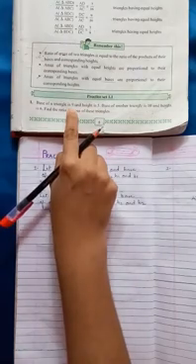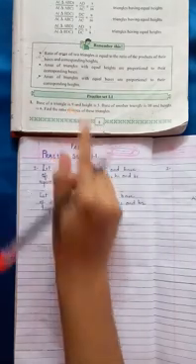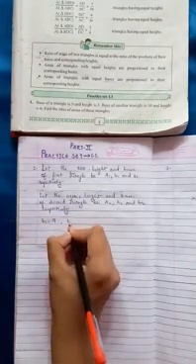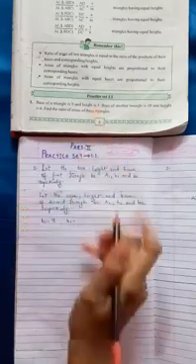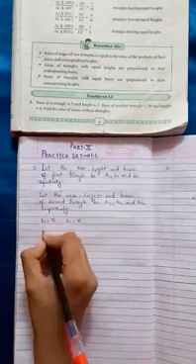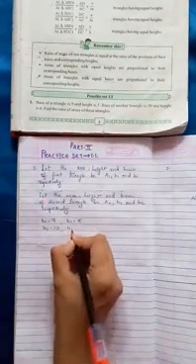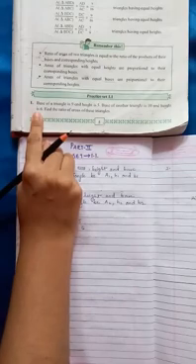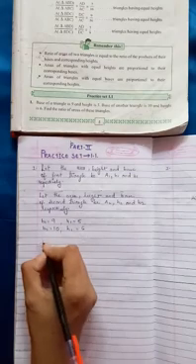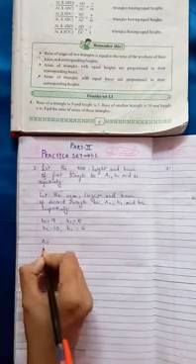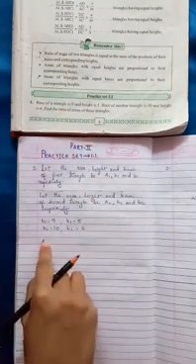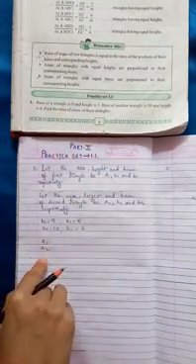So they are talking about the first triangle. So base means what? B1. So what is the base of the first triangle? B1 is 9. And H1 is what in the question? Can you see, H1 is 5. And base of the other triangle is 10. And height of the other triangle is 6. Now we can find the area. What are we going to find? Area of one triangle, area of the other triangle. We need to find the ratio. So the ratio of the area of one triangle to the other, that is A1 upon A2.